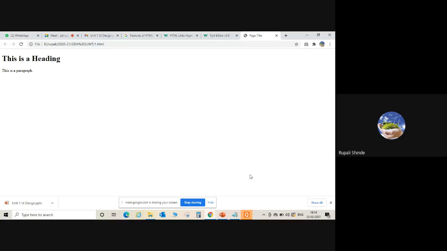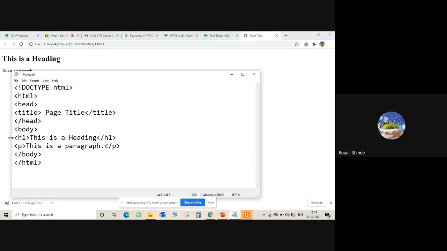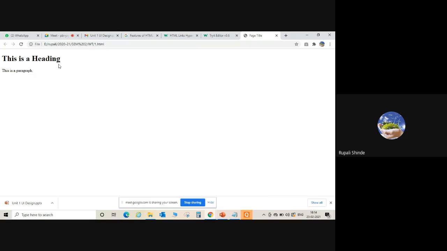Okay. And what content do we have to include? We have to include here a header, which is an H1 header, and one paragraph. That is, we actually have to enter the paragraph tag here, and just write down some content. Accordingly, it is displayed on the screen. This is a header and this is a paragraph. It is the browser, I think Chrome. Okay, where we have to display the file.